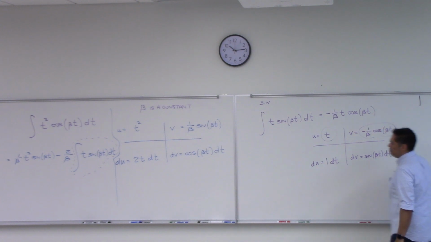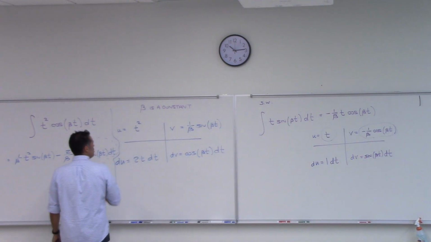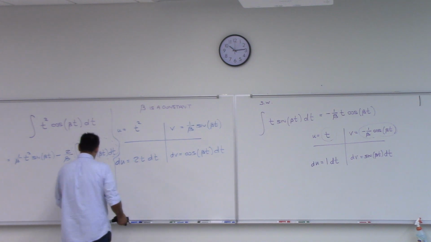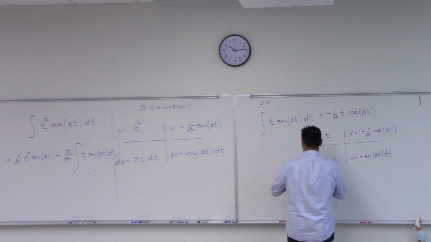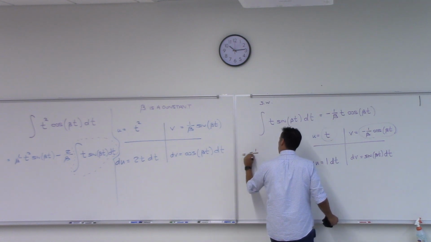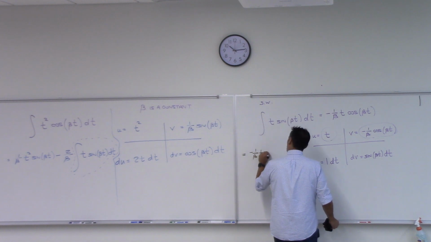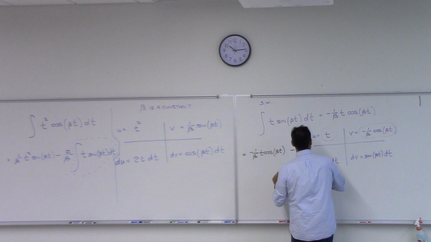Minus, I'm going to run out of room. Where do I put, I'm going to go over here and do it. No, because we're in the middle of this problem, aren't we? I can't erase that. I'm just going to have to make some room here for myself. So this is going to be uv, negative 1 over beta, t cosine beta t. Okay, minus